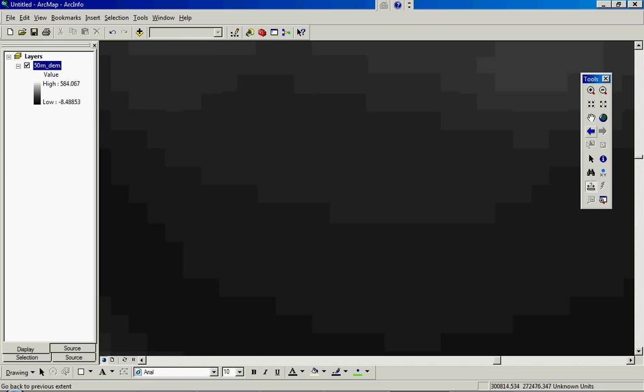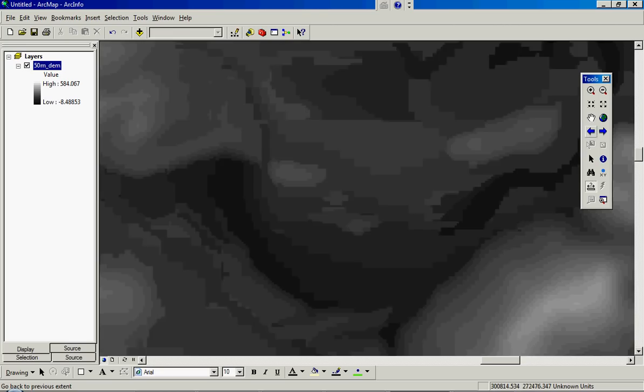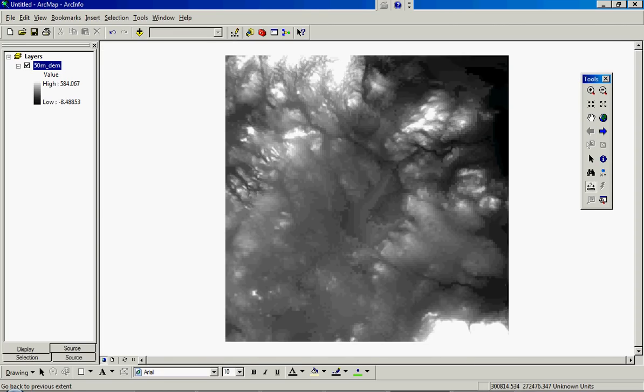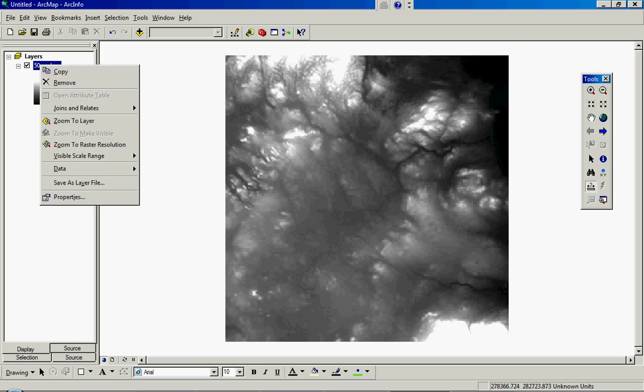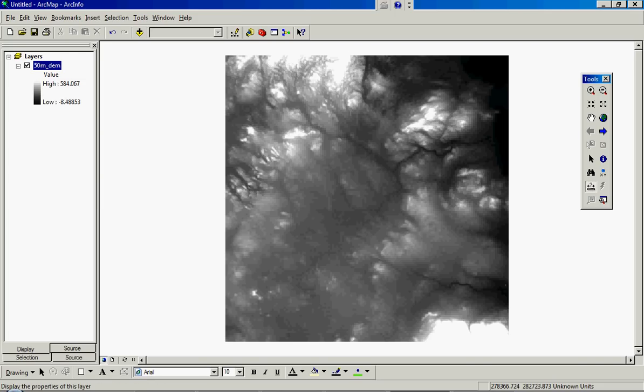Let's zoom back out again to the full extent. So we have a digital elevation model which covers most of Meath and parts of other counties as well. In this elevation model, of course, the symbology chosen is that areas in white represent higher ground and areas in black represent lower ground. Now we can change that symbology the same way we change symbology with vector data, by right clicking on our file in the layers tree, clicking on properties,